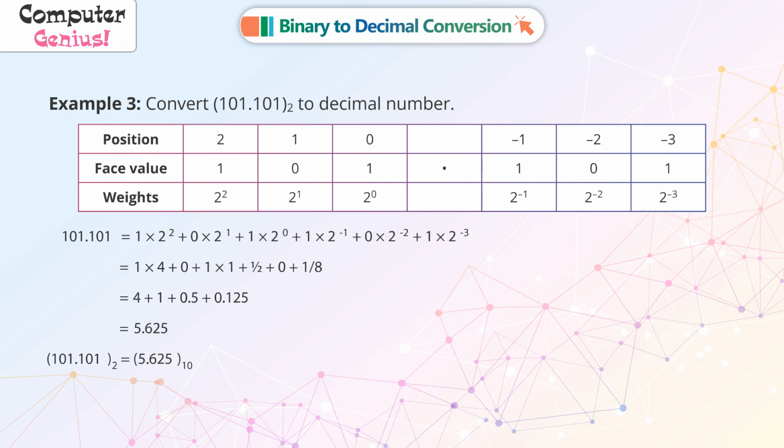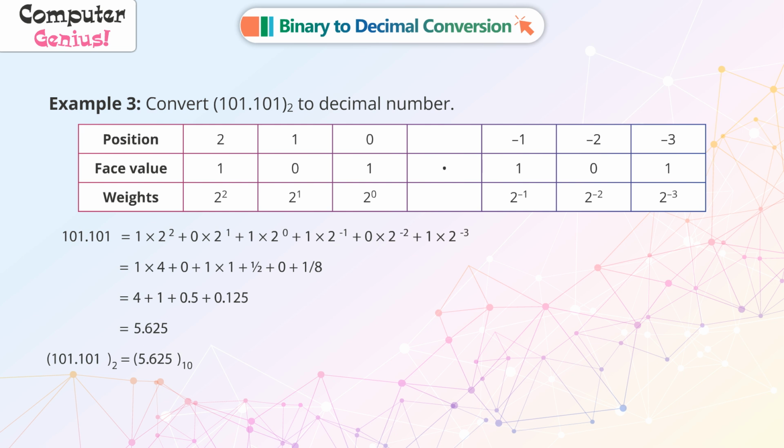101.101 is equal to 1 times 2 raised to the power 2 plus 0 times 2 raised to the power 1 plus 1 times 2 raised to the power 0 plus 1 times 2 raised to the power -1 plus 0 times 2 raised to the power -2 plus 1 times 2 raised to the power -3 is equal to 1 times 4 plus 0 plus 1 times 1 plus 1 by 2 plus 0 plus 1 by 8 is equal to 4 plus 1 plus 0.5 plus